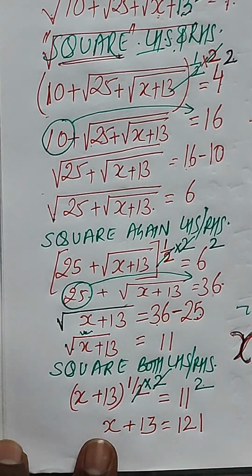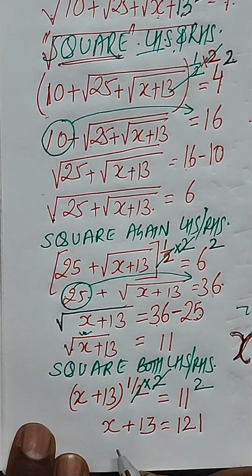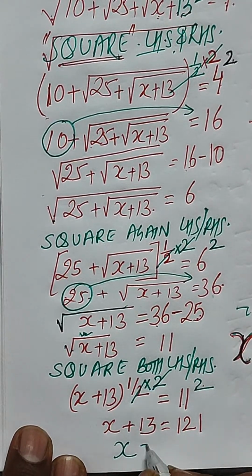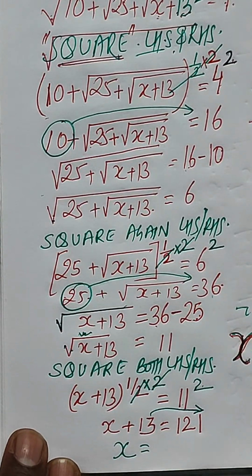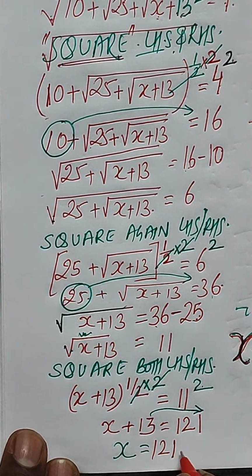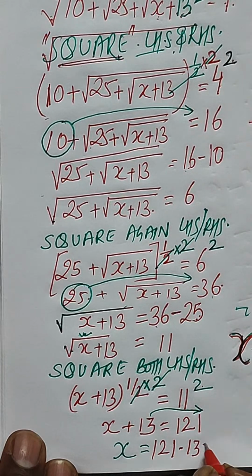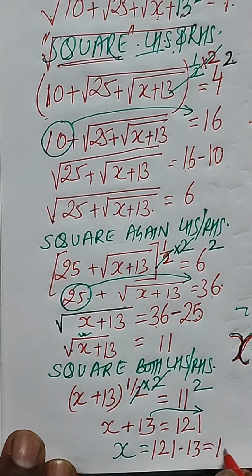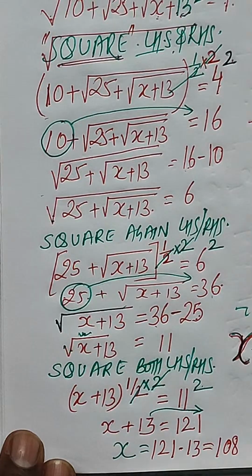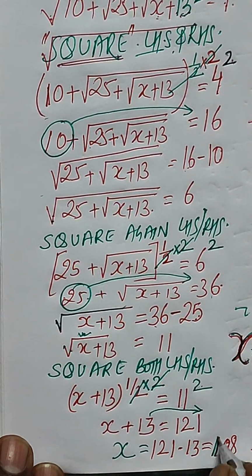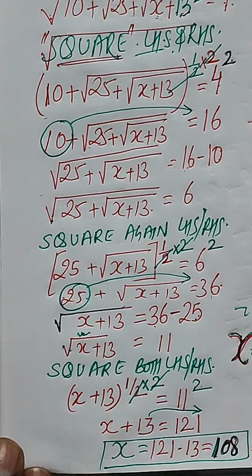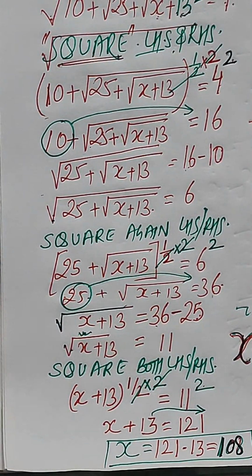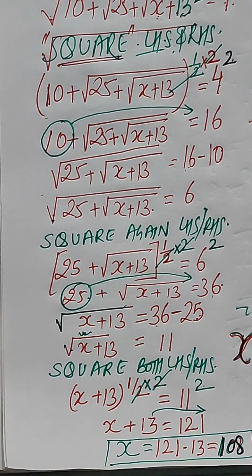So here we have almost solved this question, because we are left with x on the LHS, and when this 13 is pushed to the RHS, this will give you 121 minus 13, which comes as 108, right? So the value of x for this question is calculated as 108, and in this way we have solved this question, students. I have already put a set of these questions in my session yesterday, okay, but I think 1